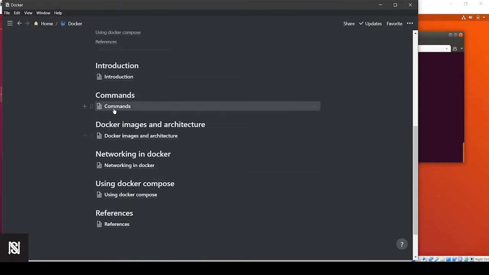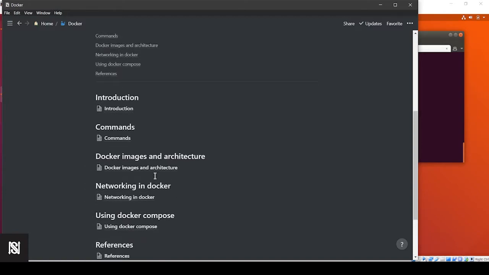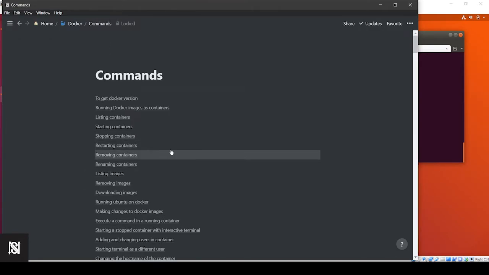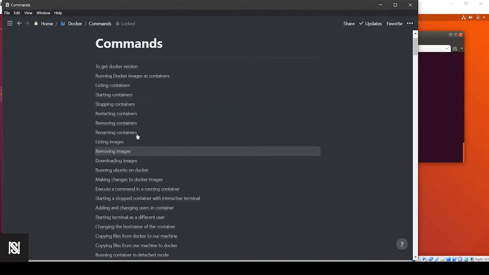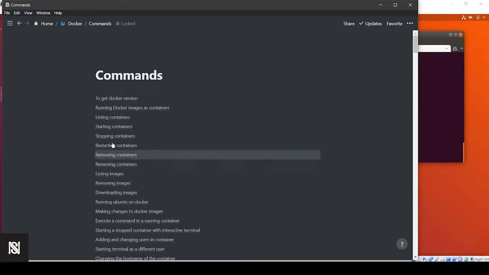So I have this introduction, commands, Docker images, architecture, networking, and Docker. These are the notes that I built when I was learning from different sources. So yeah, references are there and everything. It also has a table of contents feature. I can jump to whatever I want.